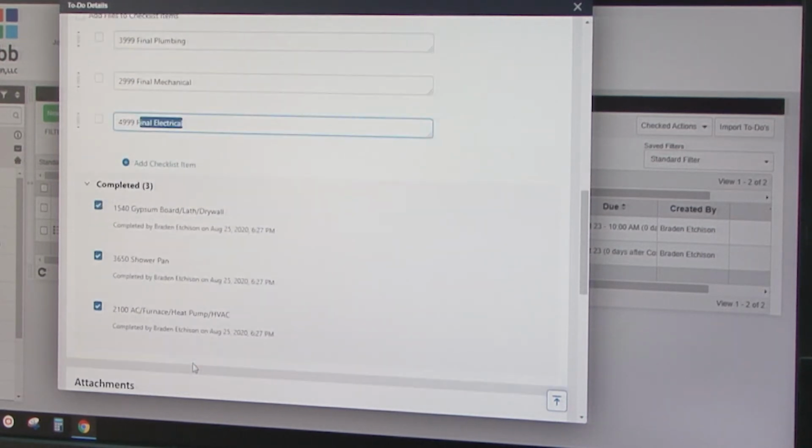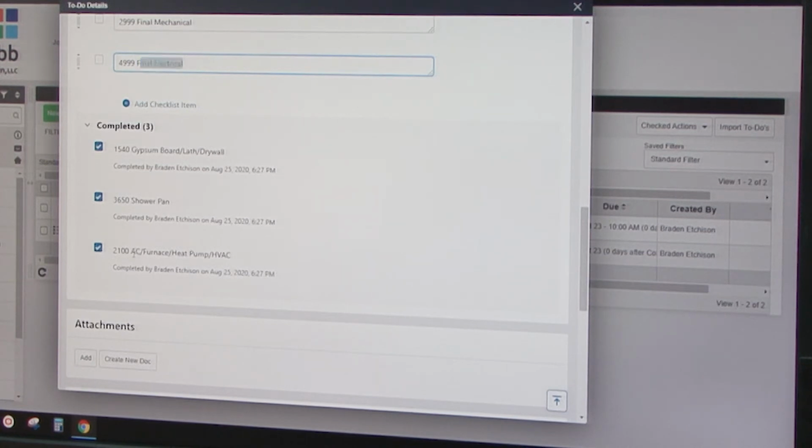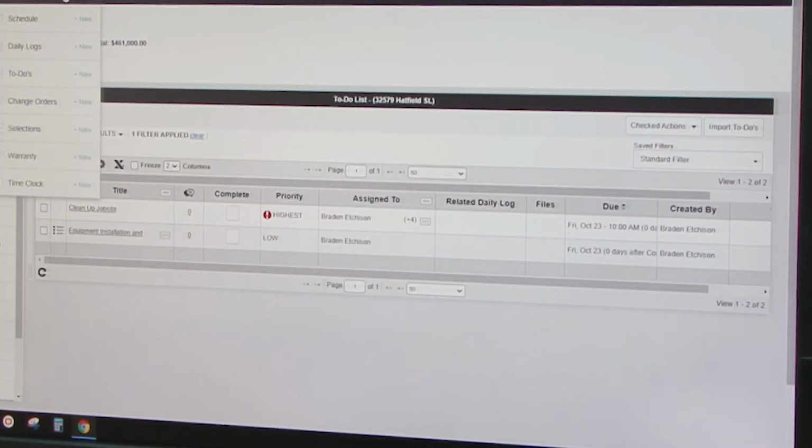But as you can see down here a little bit, these are everything that's leading up to that point: covering with drywall, getting the shower pan inspected, as well as getting all the heating and cooling equipment installed. As we go through this,